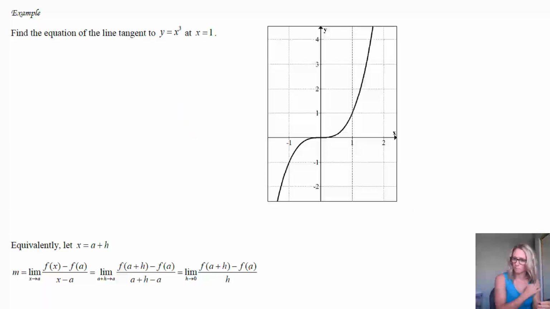Let's take a look at an example. So we have, find the equation of the line tangent to x cubed at x equals 1. So first what we'll do is we'll draw a point at x equals 1. So we notice we're at the point (1, 1) here. And the idea is we want to find, and again, you know me and my tablet, we do the best job we can, a tangent line at x equals 1. So we're just touching at 1 point. And we want to know what is the slope of that line, because that is the slope at x equals 1 on y equals x cubed.